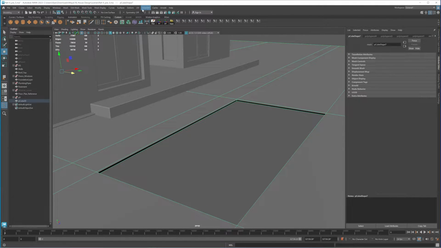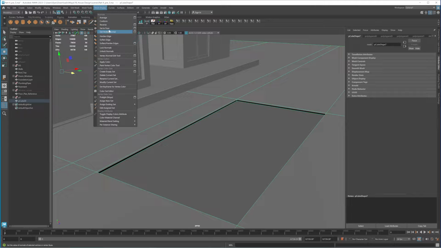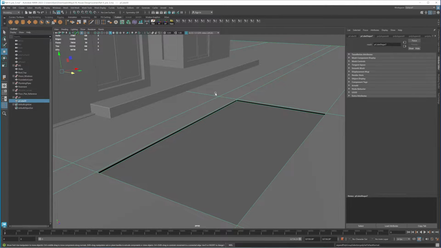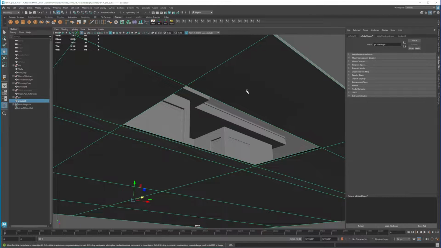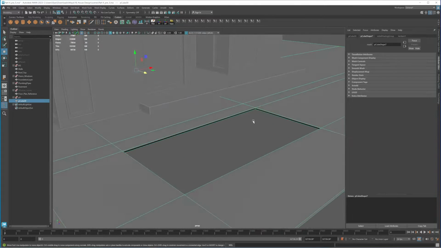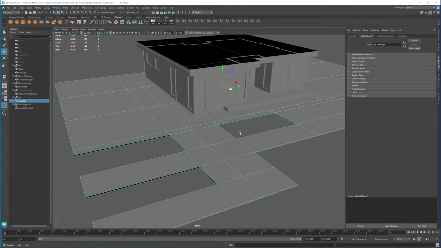So what we can do is go to, I think it's mesh display, and click on this, and normally it should take it out, but sometimes it doesn't work. But we are going to delete the face at the bottom here, so that doesn't really matter so much for now.